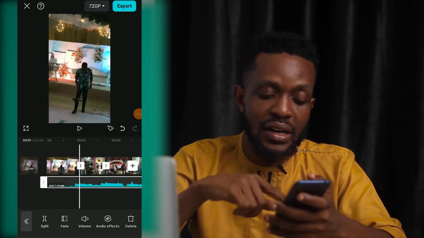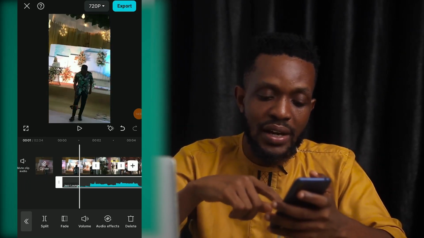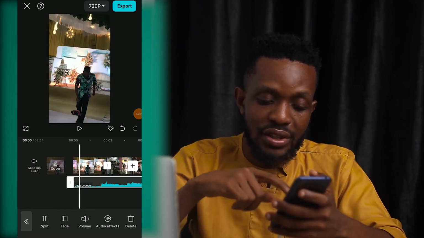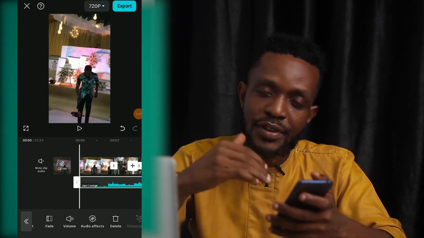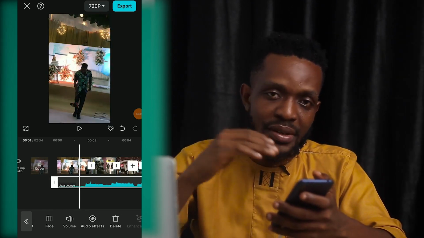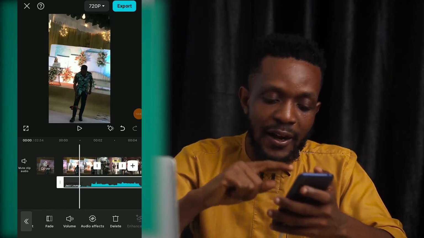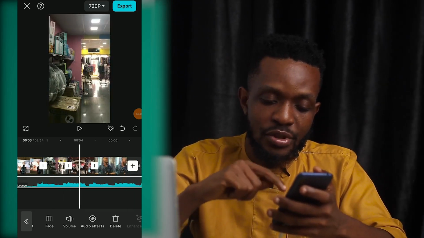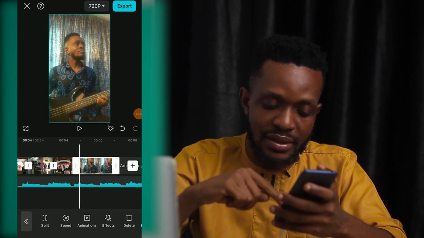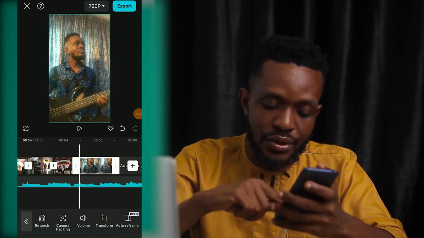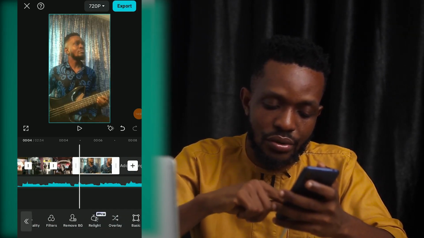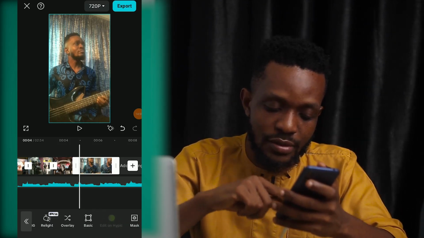So for example, now on this video, this timeline, we have the audio, which is highlighted now. The audio is underneath the video, right? But the audio is separate from the video because the audio has its own separate layers. So for instance, I want to layer one of these videos. Let me duplicate the one where I'm playing this so you understand it better. I want to layer this one above the next video. So I will just go to duplicate. Where's that duplicate? Okay,